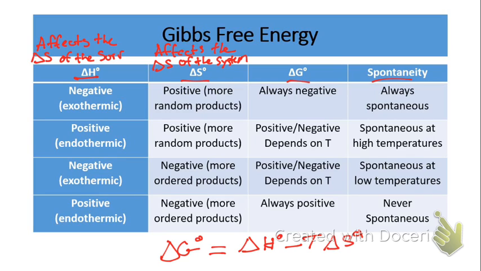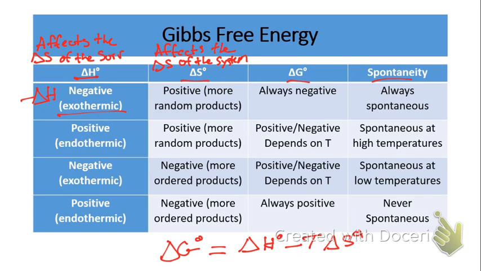All right, so here we go, the situation. If delta H is negative, that means we have an exothermic reaction. Now, is an exothermic reaction favorable to increasing the entropy of the surrounding environment? The answer is yes. We know that all exothermic processes are going to create an increase in the entropy of the surrounding environment, so that is very favorable.